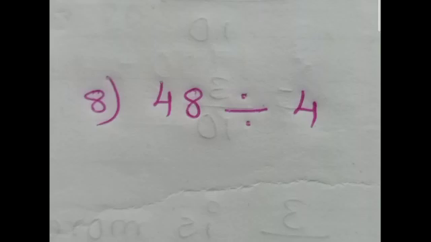So ultimately in this sum also you have to do the division using a single digit. You don't have to take the two digits together because the first digit itself is divisible. Now let us do the division and see how to solve this sum.